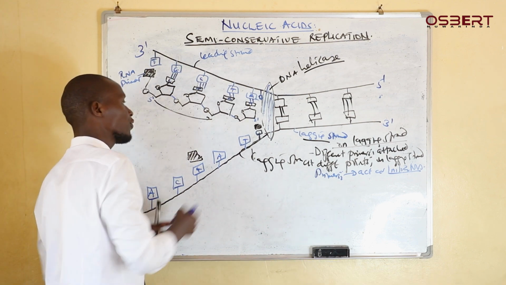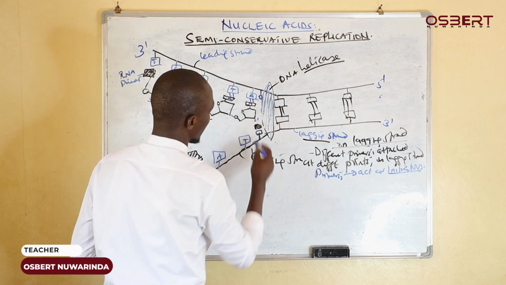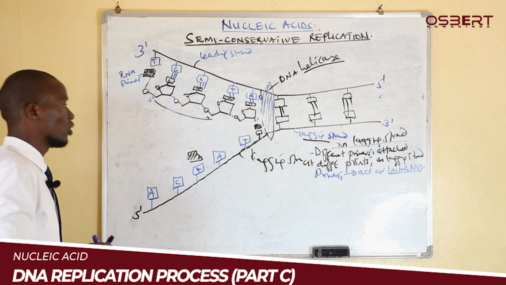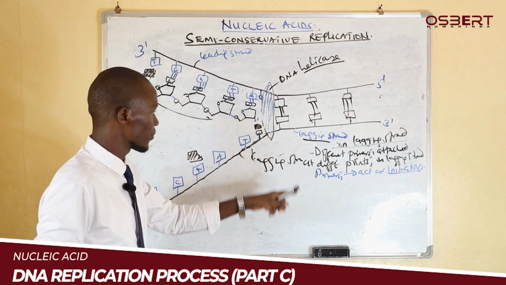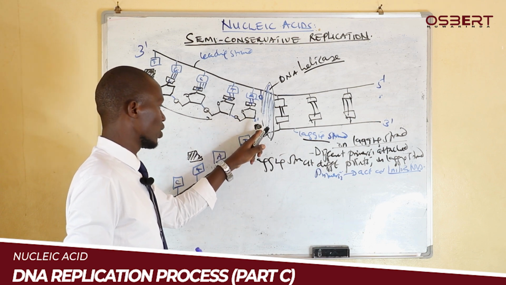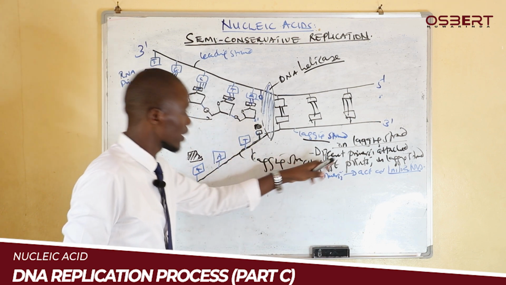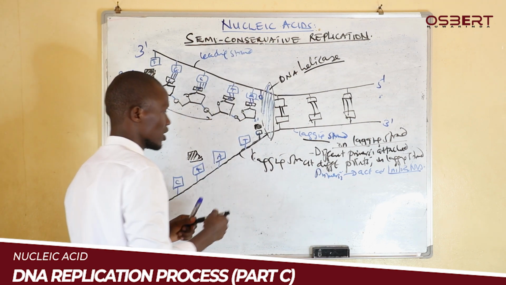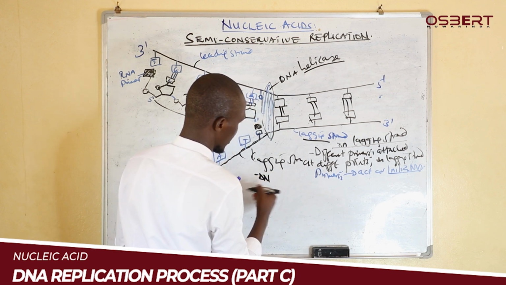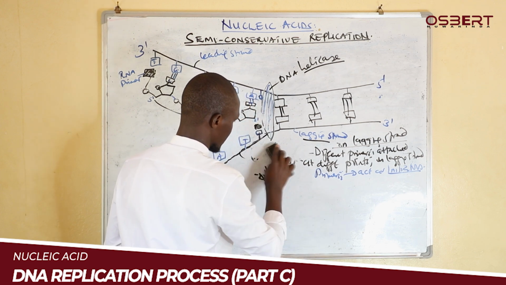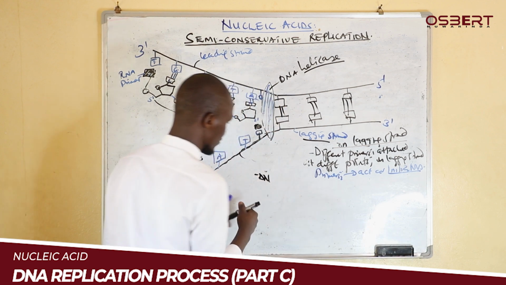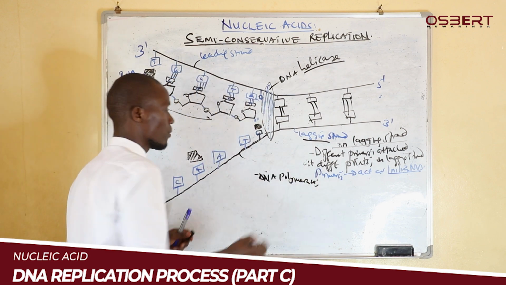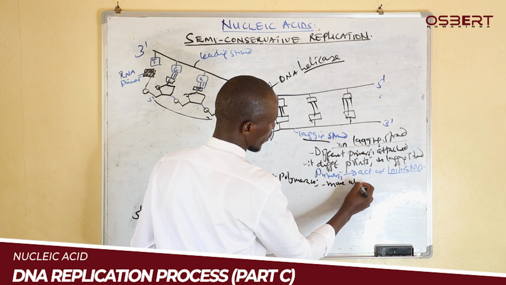So after the primer attaches itself onto one end, on two different points of the lagging strand, what happens is that our enzyme, which enzyme? DNA polymerase still comes. The DNA polymerase still does the work like it did on the previous one. DNA polymerase again moves along